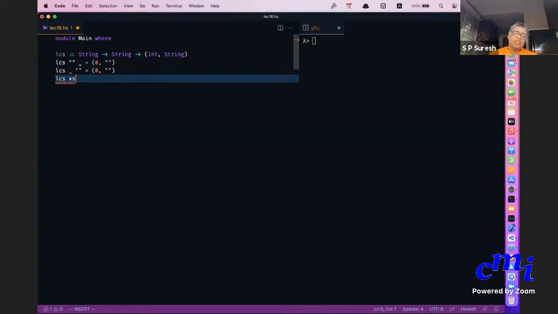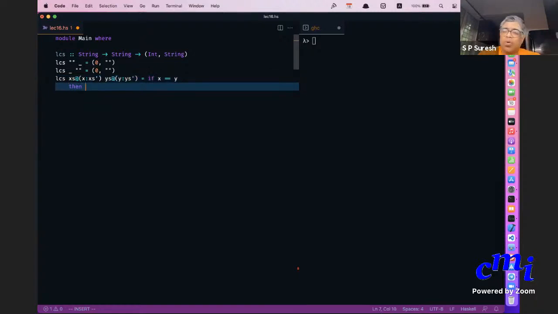So now LCS of x's and y's. What do I do? You say if x is equal to y, then you want to definitely include the first character, and then you want to do LCS of both tails.